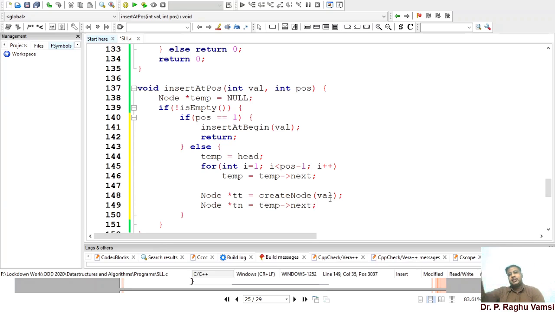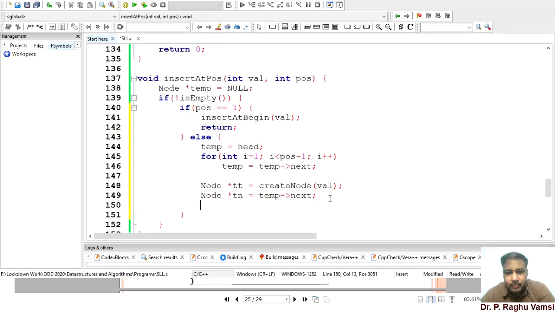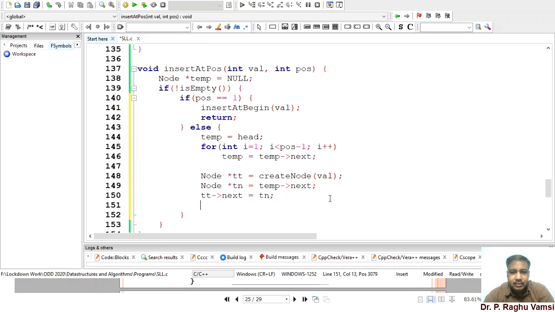The temp next means the next node available before the position, which I am storing in a temporary node. Since I have created a TT, then TT next is equal to TN, that is the temporary node's next TN, and temp next is TT.